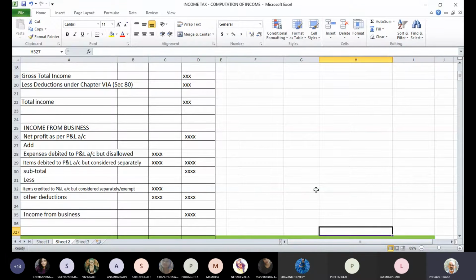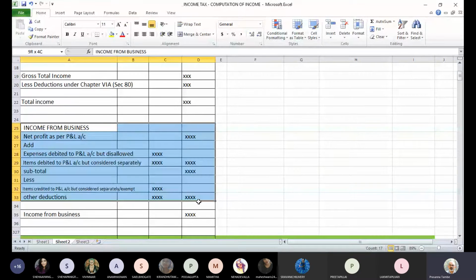You don't apply the provisions of income tax every time you prepare the P&L account. Whereas what is taxable under the head income from business is a net profit which is computed in accordance with the provisions of income tax. Now since your P&L account is already ready based on accounting principles, practices and customs or GAAP, we need to adjust this net profit so that we can arrive at the appropriate taxable income from business or profession. So we'll understand how do we make these adjustments and how do we find out the income from business or profession. So our starting point will be net profit as per profit and loss account.